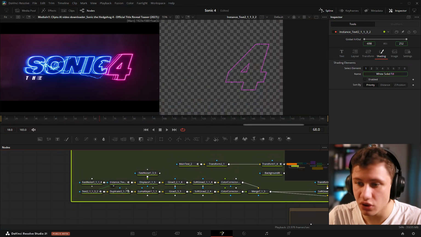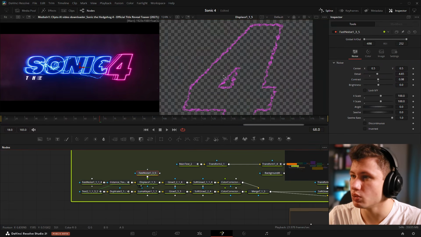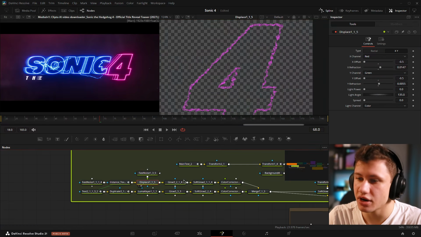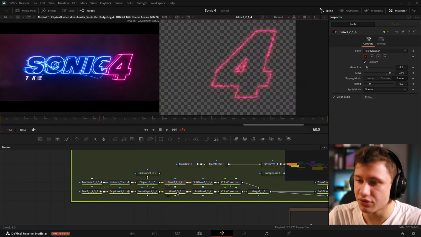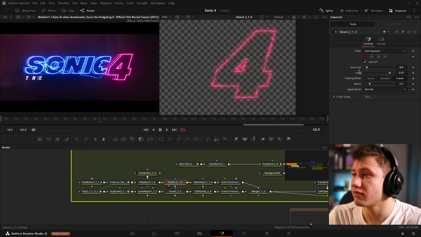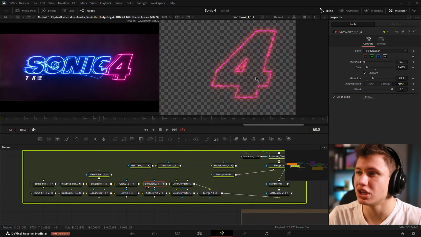Then we're plugging both of those into our fast noise displace combo to get our really cool lightning effect right here. We're gonna throw that into our same glow node that we have down here. And you can see we've adjusted our settings only a tiny bit, but we have kept the green, blue, and alpha left off. Next, our lightning's gonna go into the soft glow node to give it a little bit more